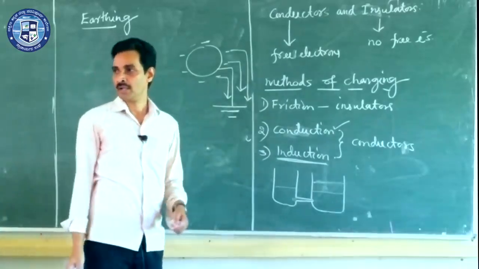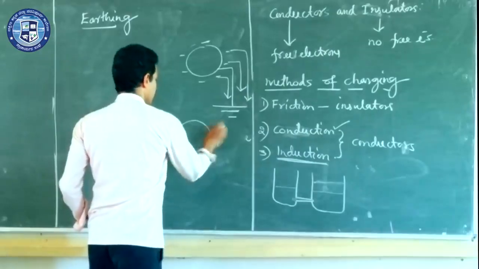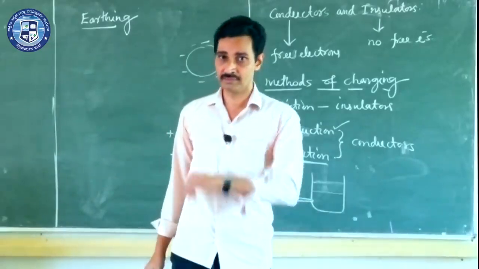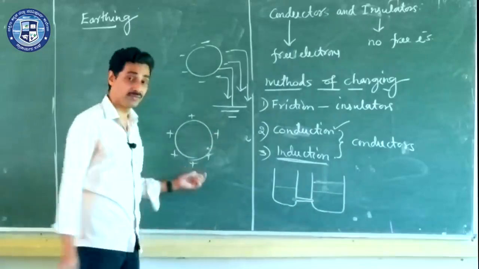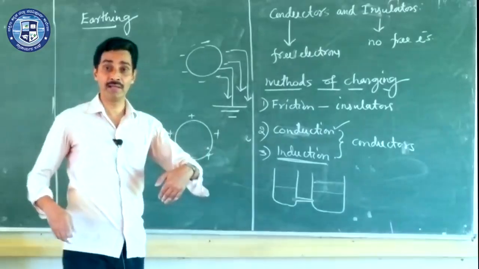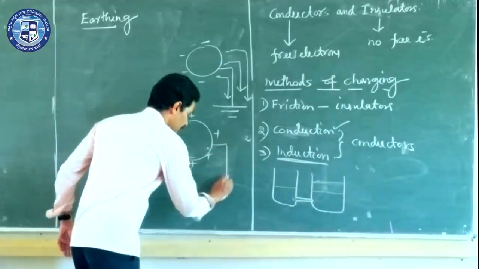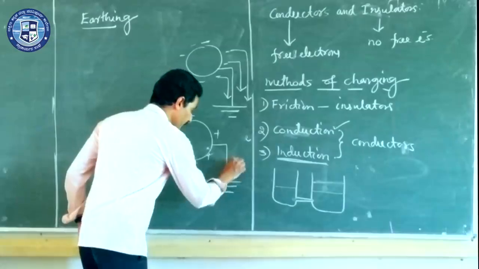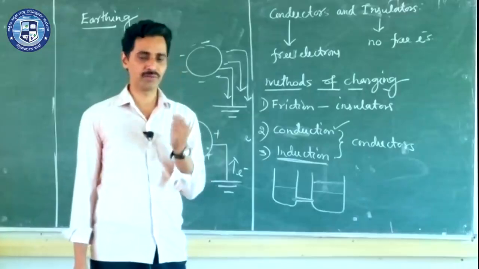Whereas if you charge a body positively, how do you charge a conductor positively? You know that a conductor is charged positively by removing electrons from it. That means somebody has taken electrons from this. There is a deficiency of electrons. This body will always be asking, make me neutral by giving me some electrons. So if you connect a positively charged body to the Earth, electrons flow from the Earth to the body and neutralize it. So this point should be very clear.